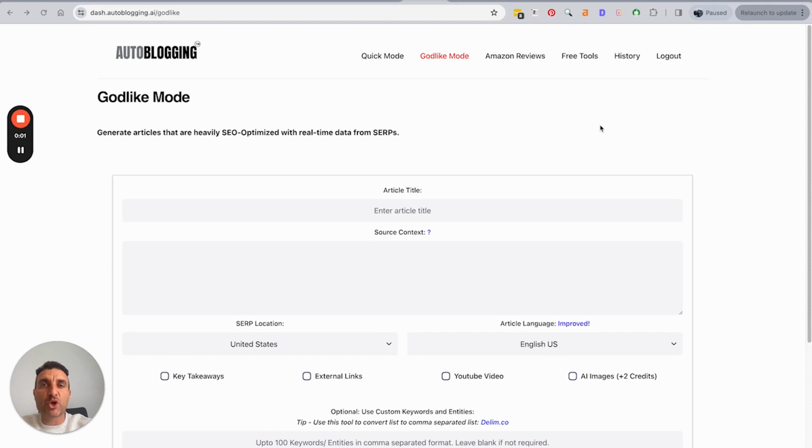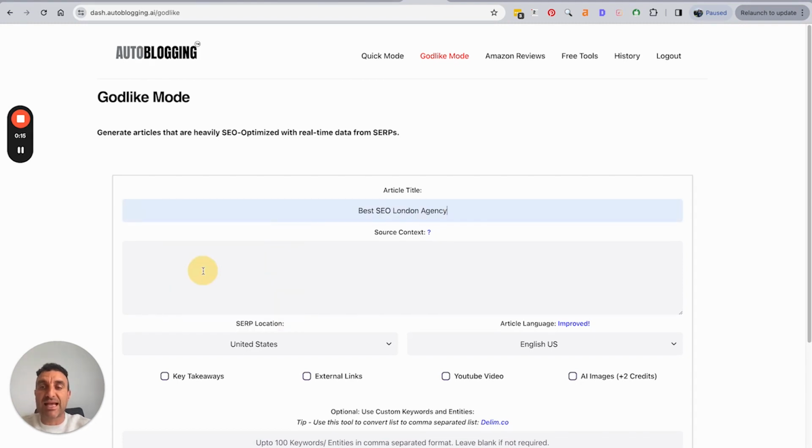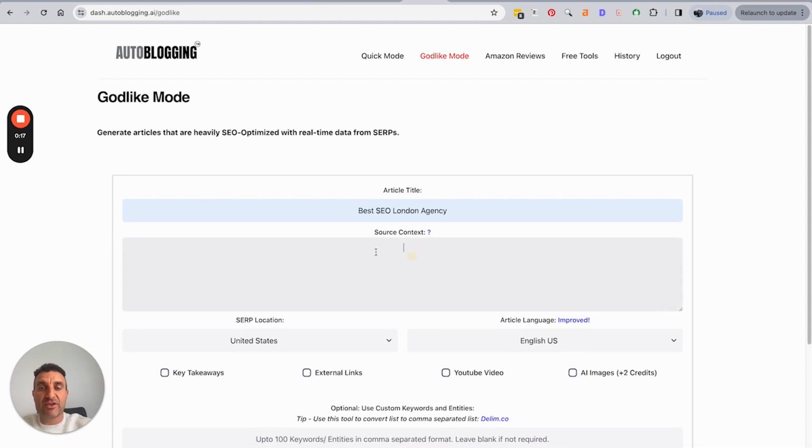Hi, in this video I'm going to show you how you can create On-Page.AI optimized content using Autoblogging with Godlike Mode. So if we're going to try and start ranking for the term best SEO London agency, and the source context